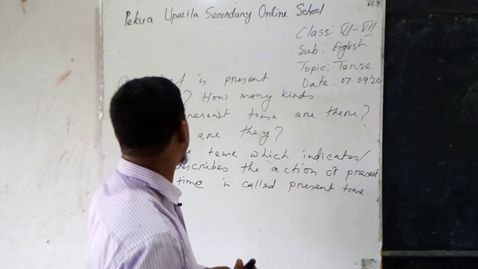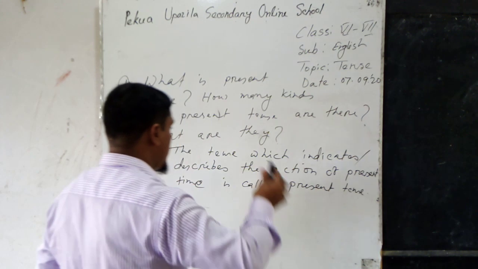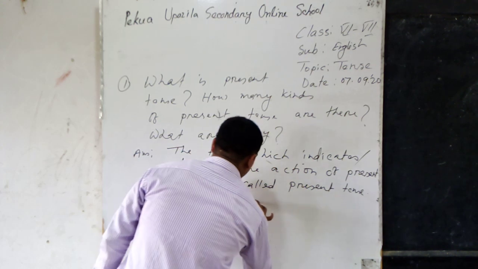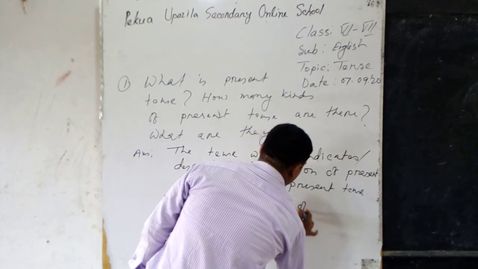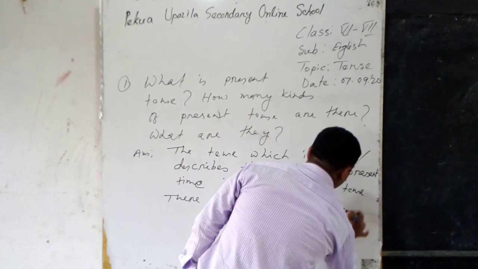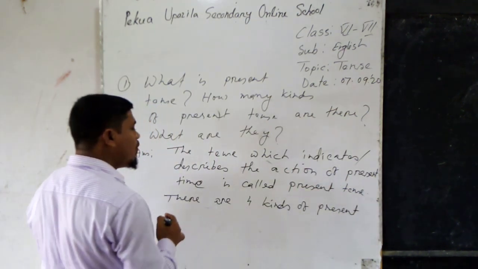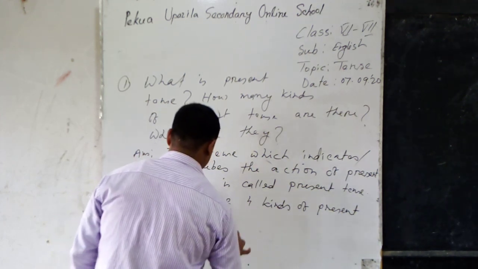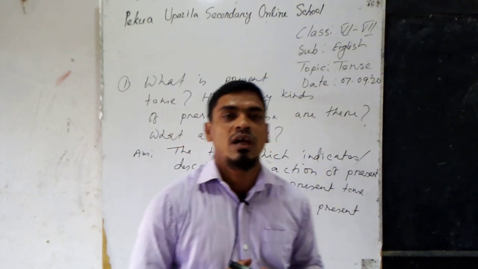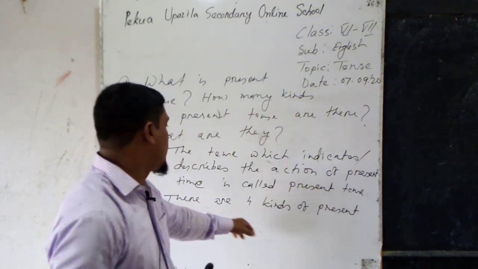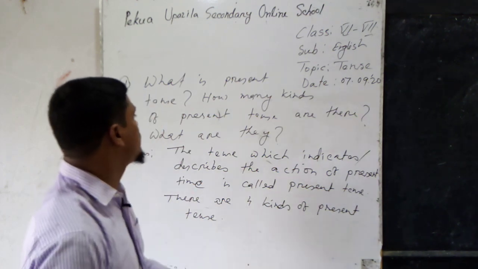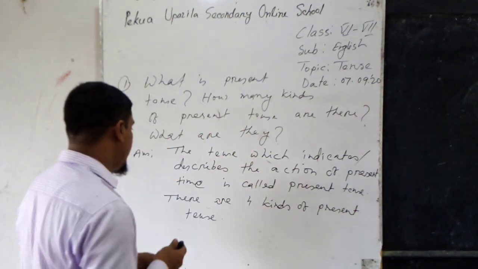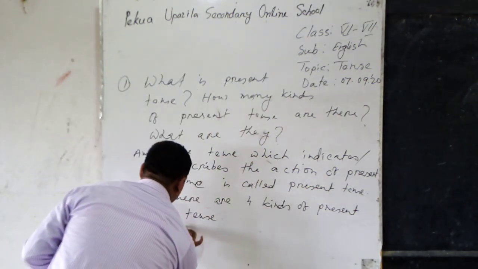Second question, how many kinds of present tense are there? There are 4 kinds of present tense. The answer of question number 2: there are 4 kinds of present tense. And the third question, what are they? If there are 4 kinds of present tense, what are they? Now I write the answer. They are,